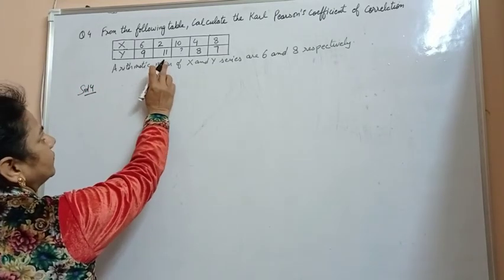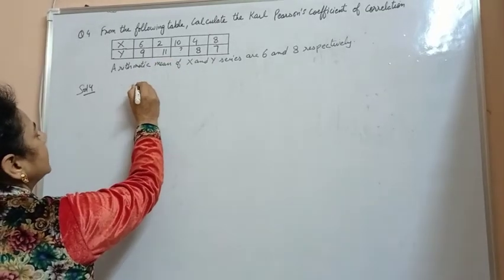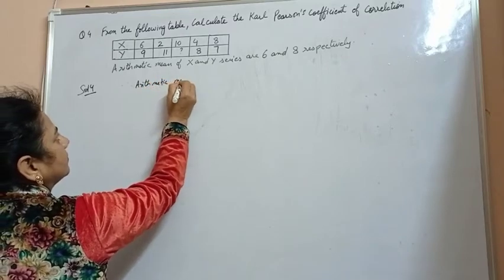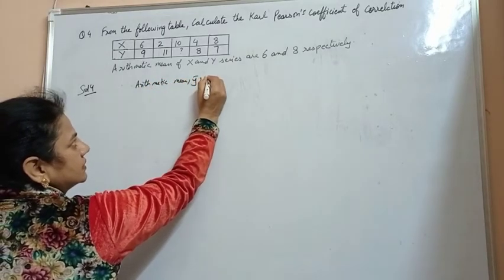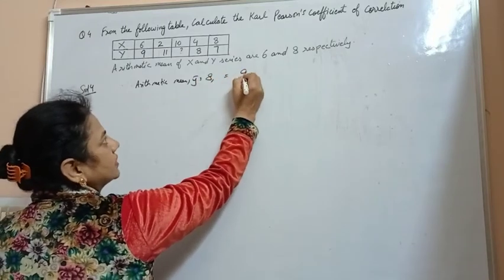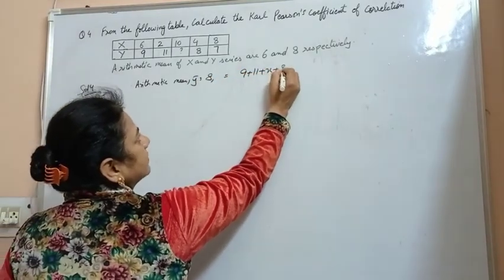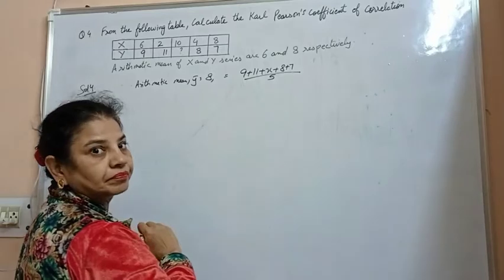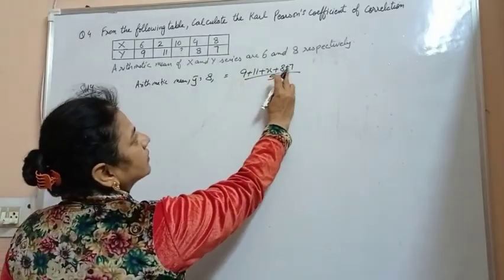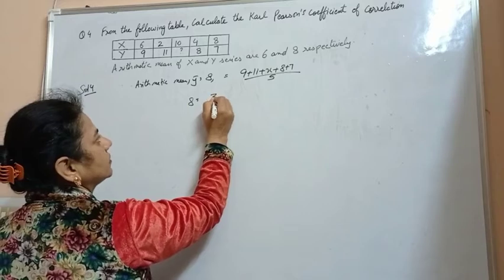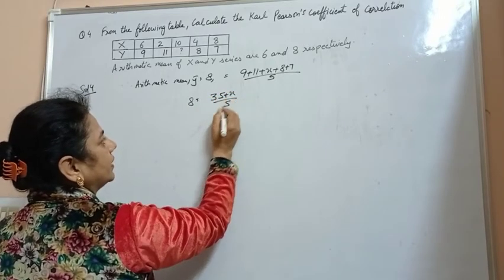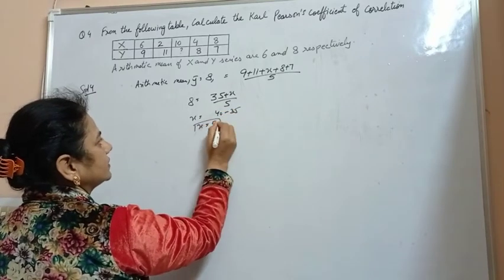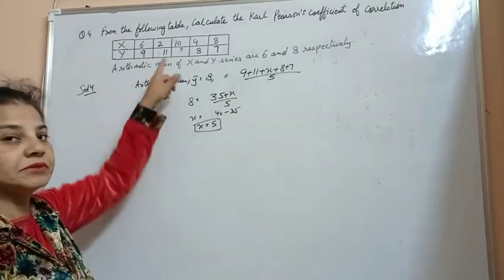Say let the unknown variable for the y observation be x. Then the arithmetic mean for y series, since it is 8, means sum of observations 9 plus 11 plus x plus 8 plus 7 divided by 1 2 3 4 5, the number of observations. Add all this: 20, 35. So we have 8 is equal to 35 plus x upon 5. So x is equal to 40 minus 35. So the value of x is 5. So the unknown observation is 5.